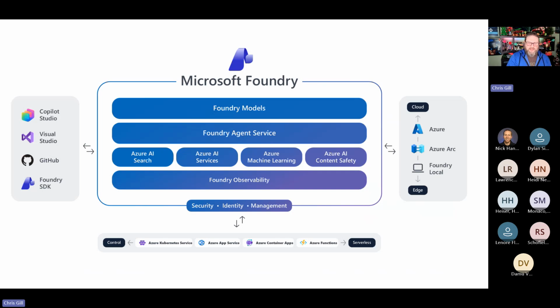Inside of Foundry, and this is not a complete list, but as we talk about Foundry models, think of LLMs or models that are available to you. Last I looked, maybe a week ago, I think we're around 11,000 models available through Microsoft Foundry.